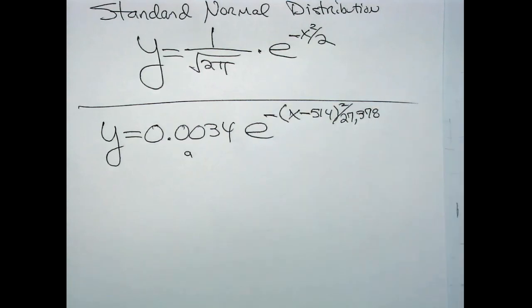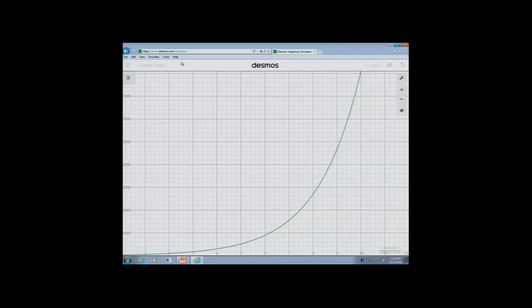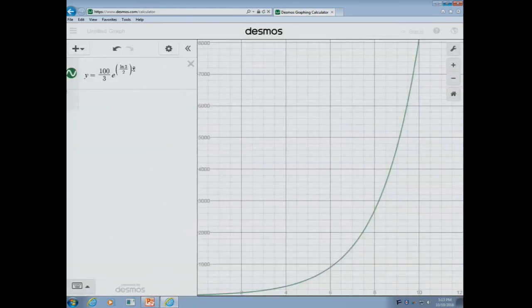So I'm not going to ask you to come up with those numbers necessarily, but I do want you to know what the shape of that curve looks like. So I think maybe this might be a good opportunity to take a look at this graph. I'm going to turn this off, switch over to the computer, go to Desmos, my graphing calculator, and let's see what this looks like and see if they really did get an accurate distribution of those SAT scores